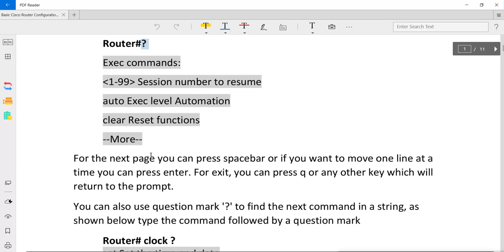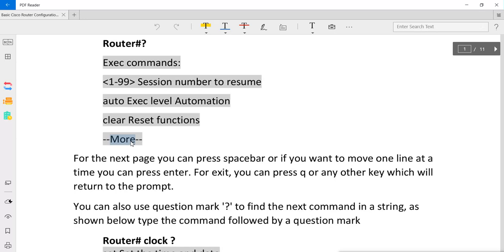So you can turn the page of the commands, or you can just press enter to see line by line. And to exit you can press Q or any other key, which will return the prompt. Like if you're seeing the commands and you don't want to see more, then you can press Q or any other key.